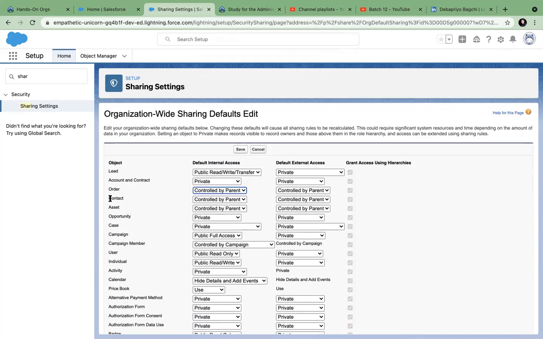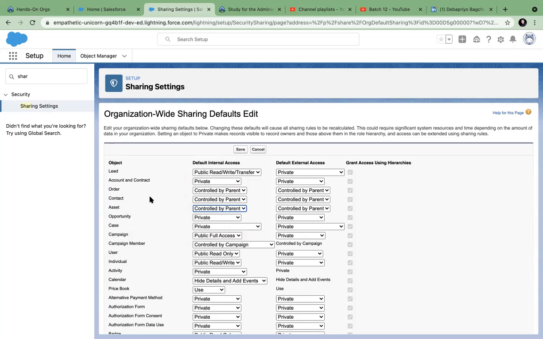Contact is not master detail, right? So contact can behave like parent, or you can set it by parent. In that case, whatever is applicable for account will also be applicable for contact. So you don't have to individually change every time. So if some objects allow control by parent, that means whatever account is set, the same will be applicable for them. But control by parent will always be there for a child object. Child object means account, child object means asset. Yeah.